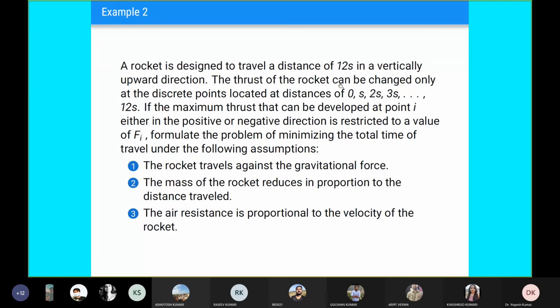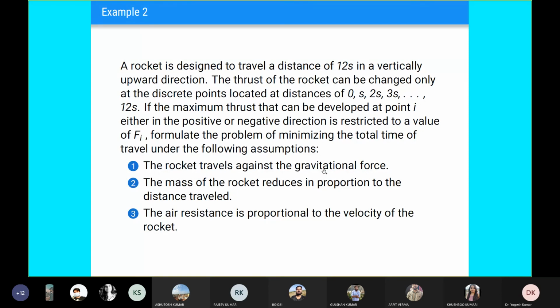The thrust of the rocket can be changed only at the discrete points located at 0 second, 1 second, 2 second, 3 second, 4 second, 5 second, 6 second, up to 12 second. So the thrust of the rocket is changing at each second, at the discrete points. If the maximum thrust that can be developed at point i, either in positive or negative direction, is restricted to a value of Fi, formulate the problem of minimizing the total time of travel